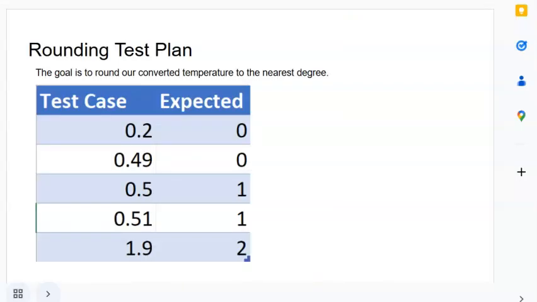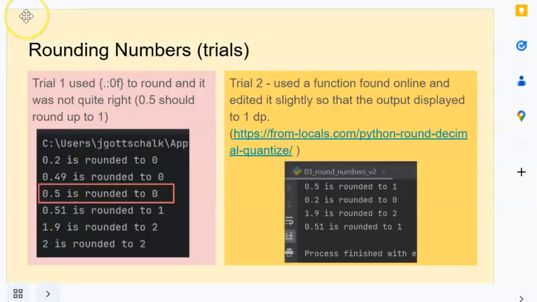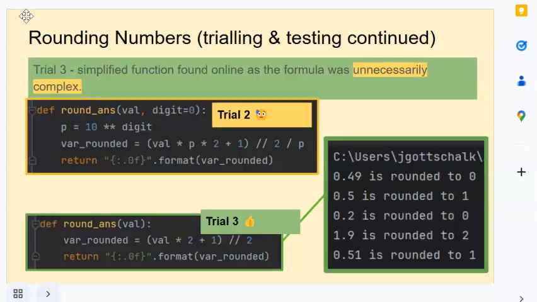I started by developing my test plan for the rounding component. And I ended up having to do some trialing because the first thing that I tried rounded 0.5 to 0 instead of rounding it to 1. So I did some research and could then show that by my third trial, I had some beautiful, simple code